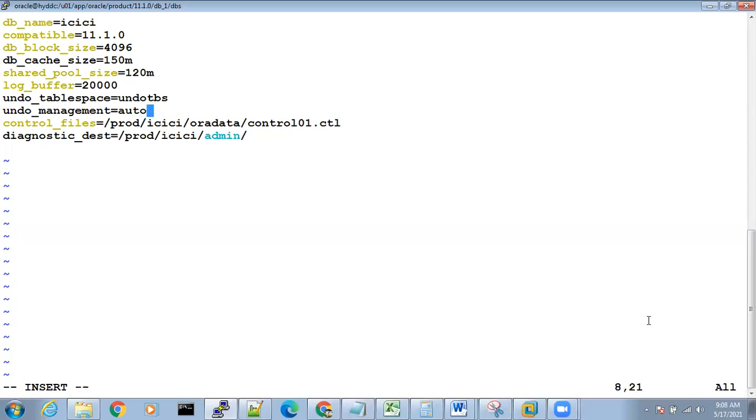Instead of AUTO, I'm giving something else. And instead of control file ICICI, I'm giving ICIC. Deliberately I did two mistakes. Undo_management is equal to, it should be AUTO, so there is one spelling mistake. Control_files is equal to prod ICICI Ora data, and the I is missing here.